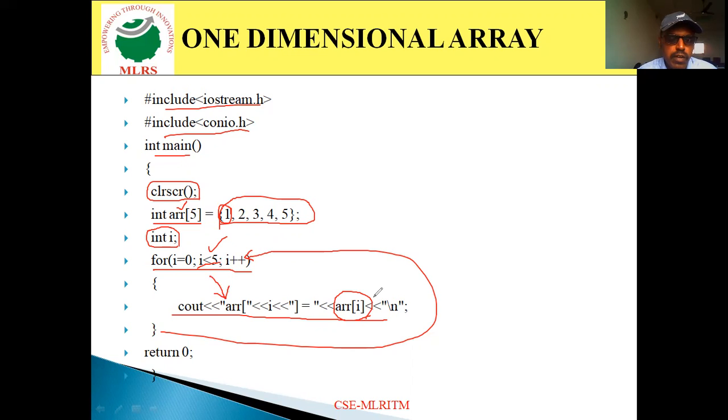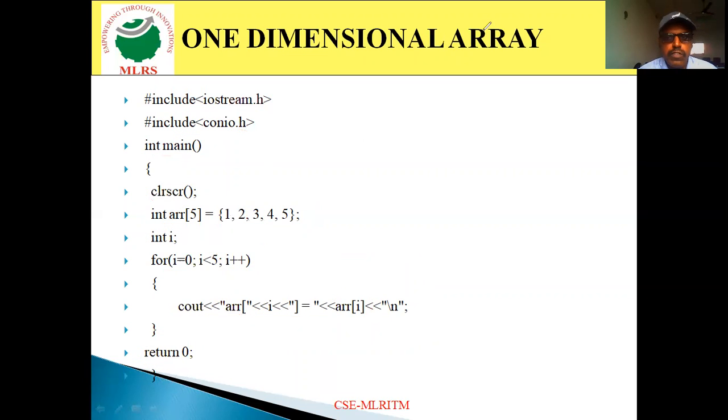Now it prints arr[i], that indicates arr[1]. It prints 2 on the output screen. Then again the close brace, again it moves to i plus plus. Now the i value becomes 2, and 2 is less than 5. Likewise, this loop repeats until the i value becomes 5. If the i value becomes 5, 5 less than 5, the condition becomes false. So it comes out of the loop and executes the next statement, which is return 0. That is successful execution of the program. Then the close brace. At last it displays the output of this program as 1, 2, 3, 4, 5.